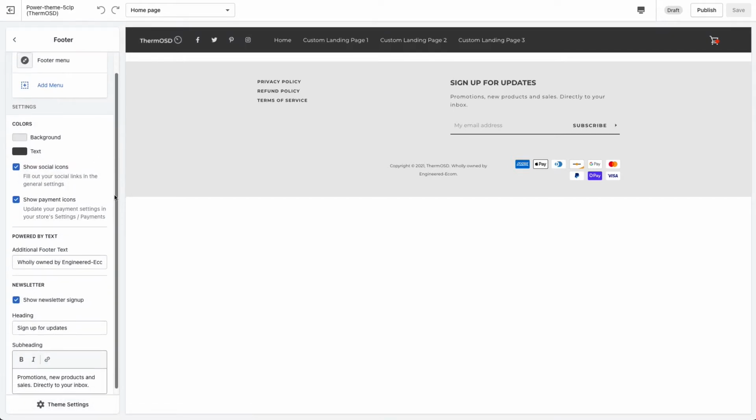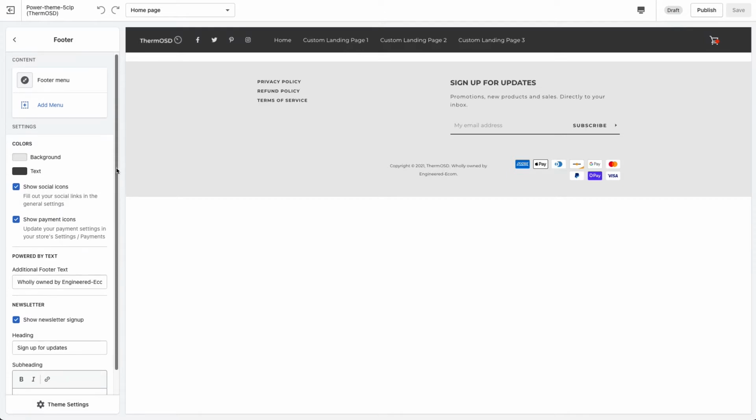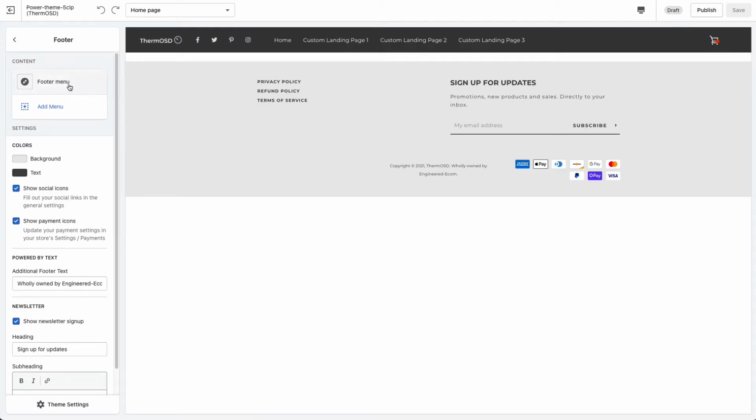So if we click into the footer, we can see it's a fairly short section. The first thing we have here is the menu selection. As we can see, we're currently displaying the privacy policy, refund policy, and terms of service. And these three links are collectively part of the footer menu, which is defined within the Shopify dashboard. So if we click into here,